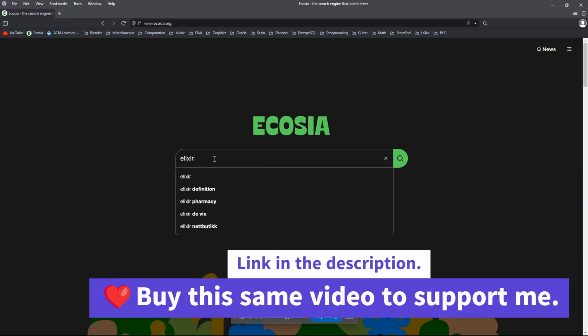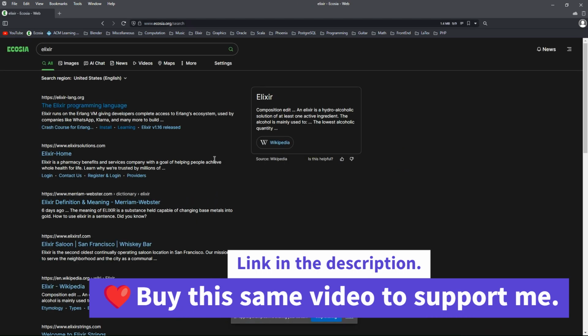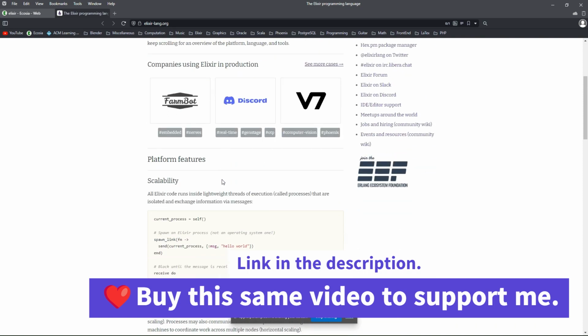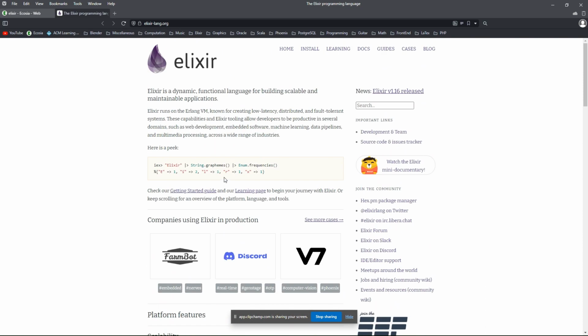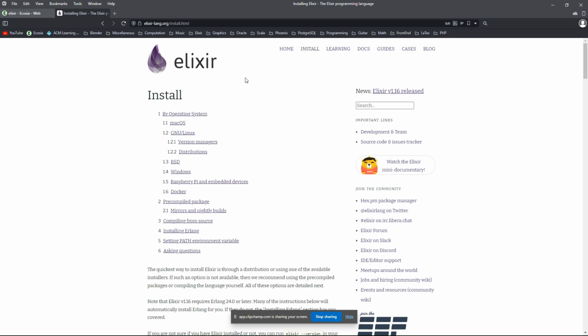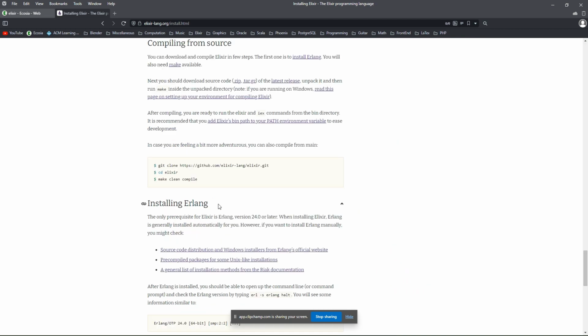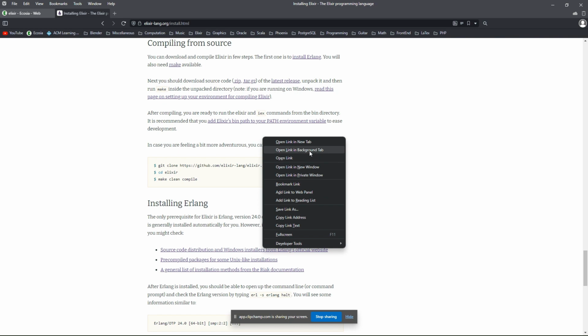Let's look for Elixir using this search engine. Let's click on the first result, and here we have the main page. Let's click on install. Now we are looking for compiling from source. Alright, now the prerequisite for installing Elixir is to install Erlang. So we are clicking on this link,